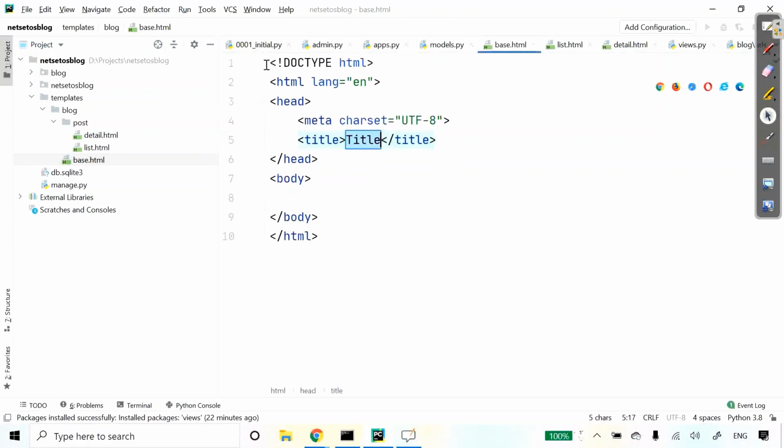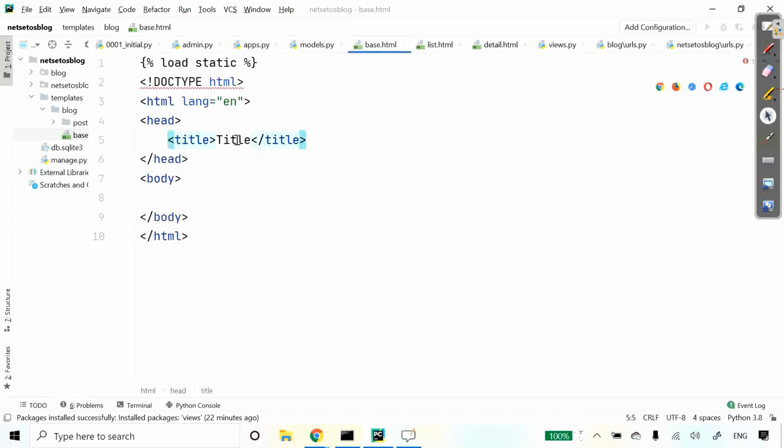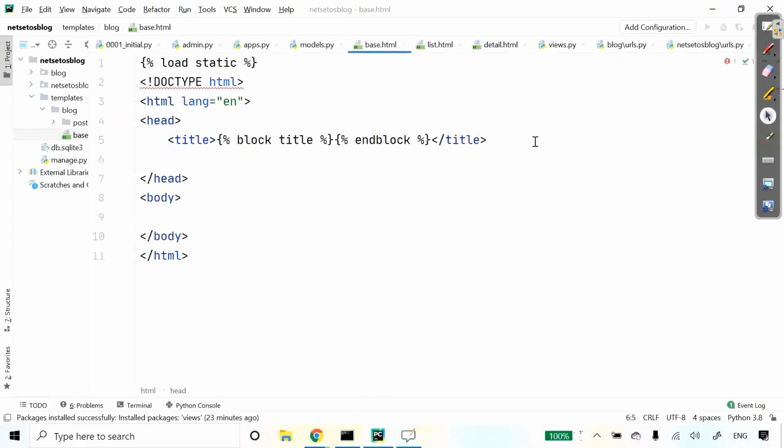First of all, I'll add load static with a space. Then inside head, I'll delete this. In title, I will define a block title, and here endblock. And here we will contain a link.